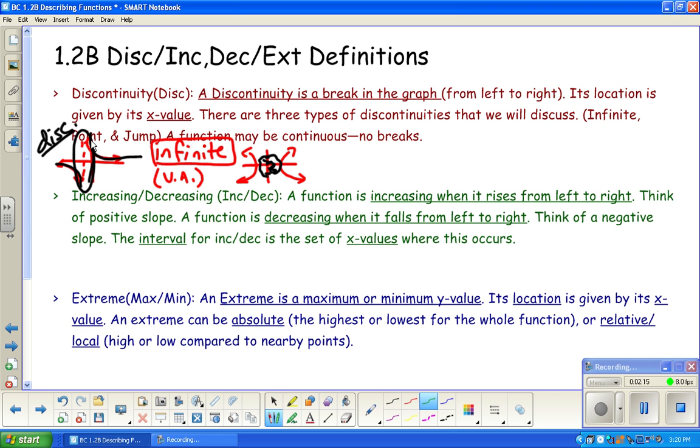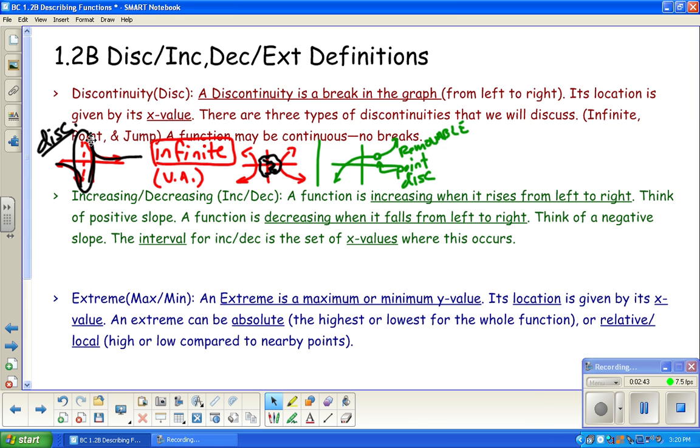There's also breaks in the graph called point discontinuities, and that's when you have a single point missing. So this is a point discontinuity, and sometimes that's called a removable discontinuity because you can just add a single point and the discontinuity is removed. Okay, and then lastly, the third kind that we will deal with is a jump discontinuity, and this kind